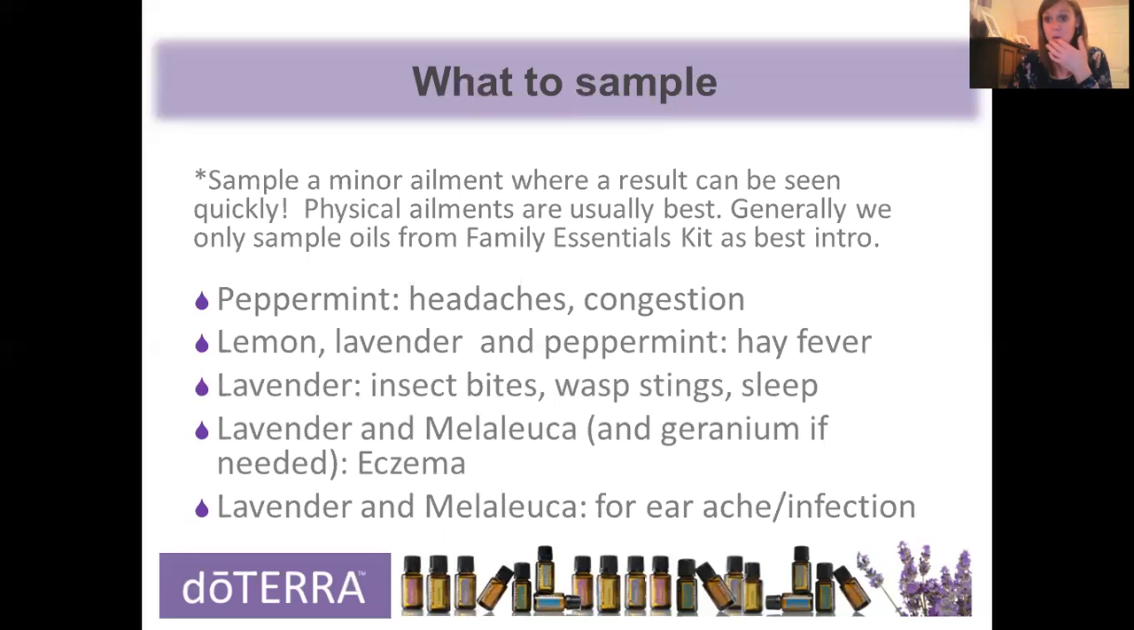Eczema is quite a common one to sample. So again, you can look this up on Everything Essentials or in the books, but the two that are really good that you'll have in your kit are lavender and melaleuca. So I do equal amounts of both. Fill your sample bottle with equal amounts of both, and then I get them to put a carrier oil on first and just add 3 to 6 drops of the blend onto the eczema, onto a test